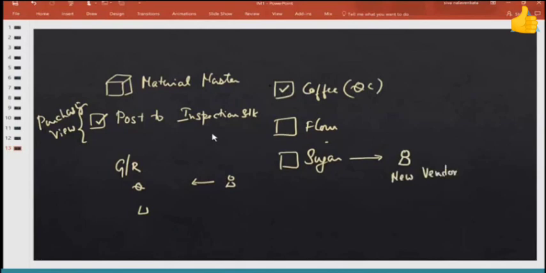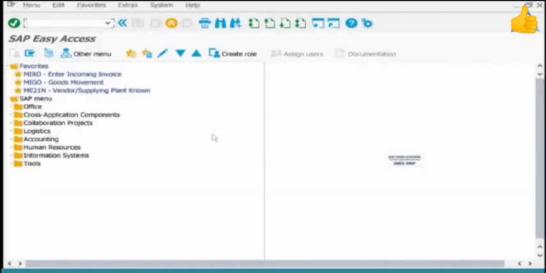Well, you have analyzed the quality and everything, but you want to make sure that all sugar from this vendor needs to go to quality check, say maybe for a period of 1 week or 1 month, until you're absolutely sure that sugar from this vendor is okay. Can you do that? Well, when you create your